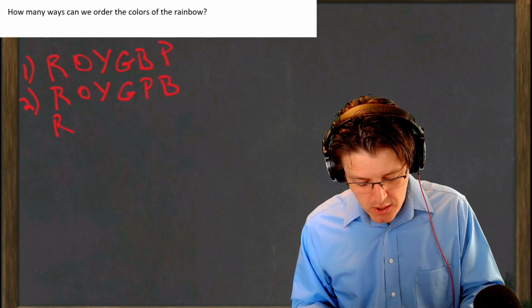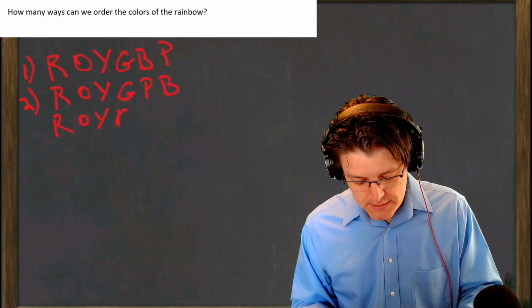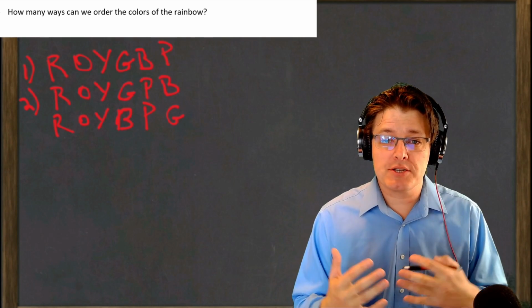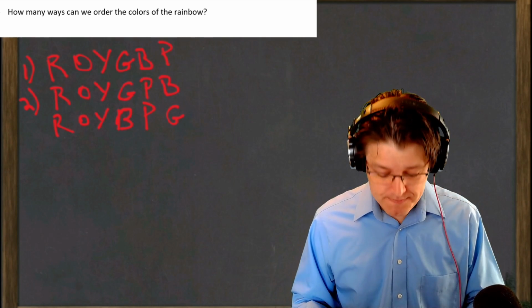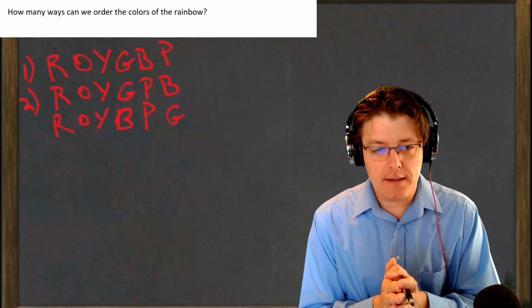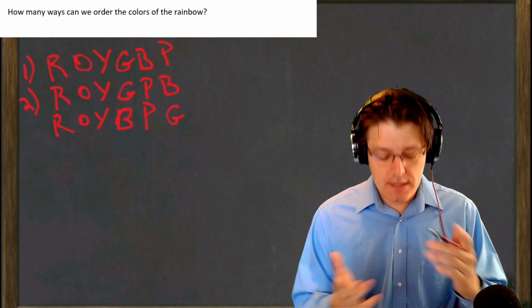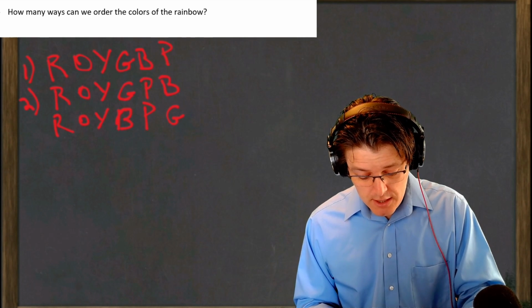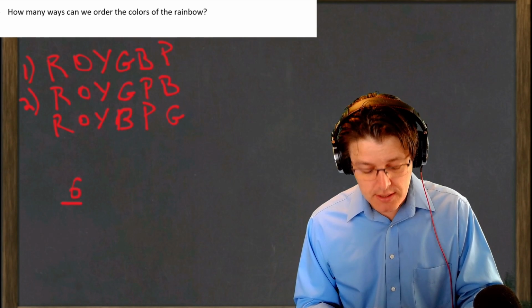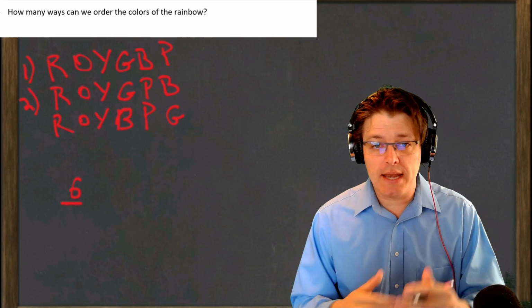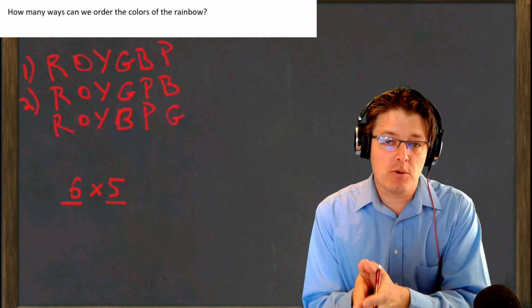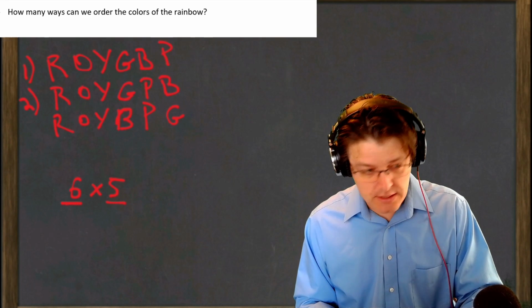And we could keep going, right? We could do blue, purple, green, and so on. And as we saw, this quickly is going to get out of hand, and we're going to run out of space. One way to think about it is that in that first slot, how many can go in the first slot? Well, there's the ability to put 6 in there, any of those 6 colors. In the second slot, now that we've chosen the first, we could put 5 different ones in there.